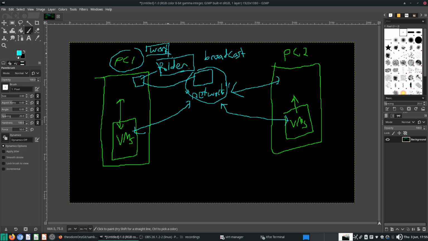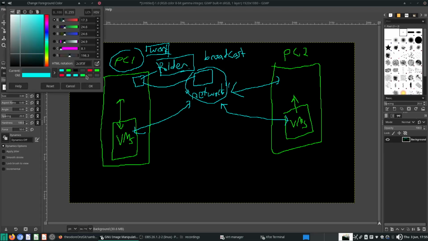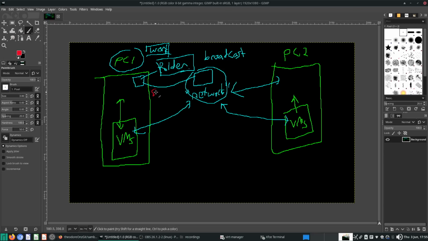So since PC1 is working all the time, it is so-called serving. It's in the role of serving. Okay, this is in the role of serving. And then who is being served? Well, PC1 is being turned on all the time, but these guys, depending on how you access it, your virtual machines don't have to be on all the time. The virtual machine or another PC will, if they want to take a look at this shared folder,